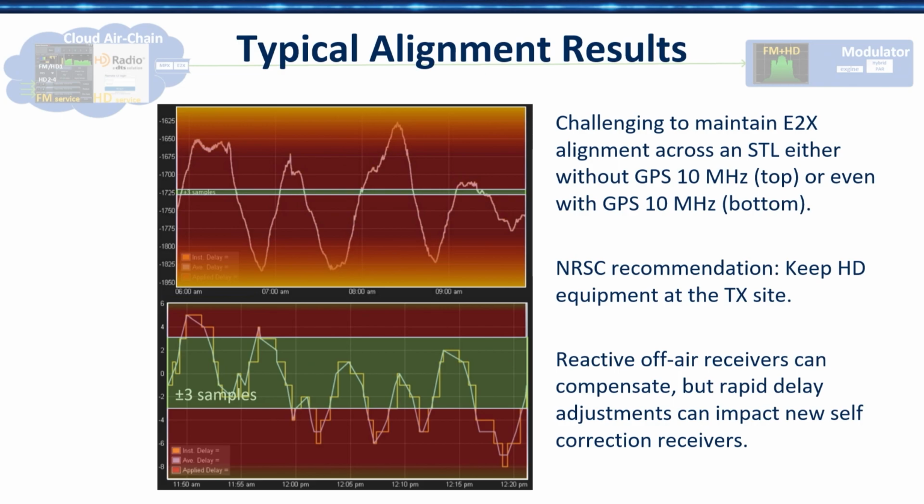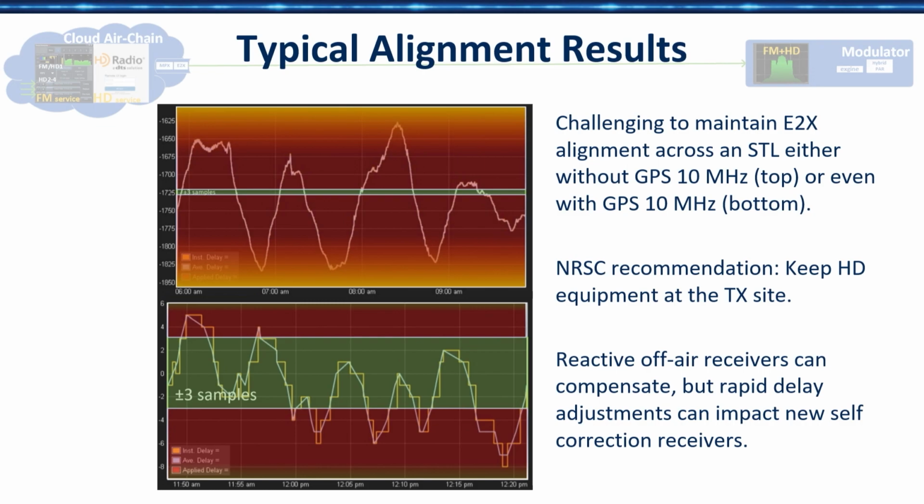Another aspect that you need to know about with those receivers is that you can measure the off-air delay and add an automatic delay line. Well, they've also built that into receivers now. So some of the newer automotive receivers will actually try to null out the delay because it's been such an issue in the industry. But now you have two control loops cascaded, and that can lead to instability.